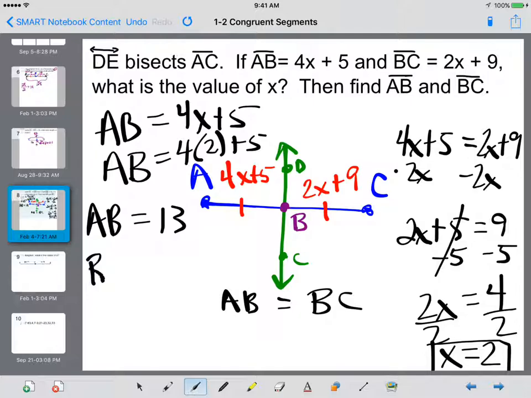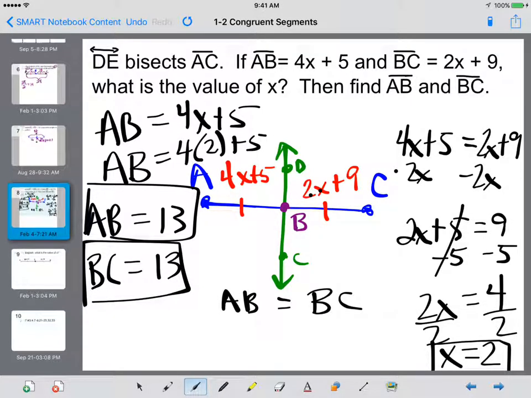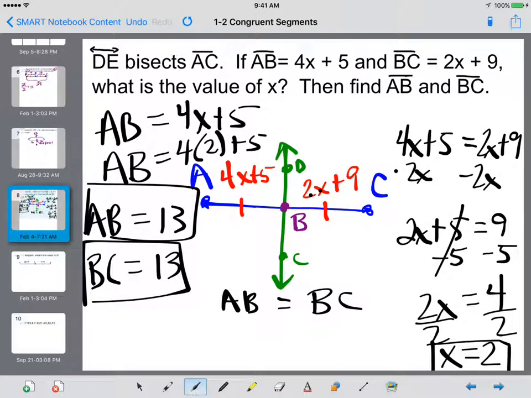And if we double check, BC will also equal 13. We can check: 2 times 2 is 4, plus 9 is 13. So once we solve for x, there are moments where we have to plug it back in to find our